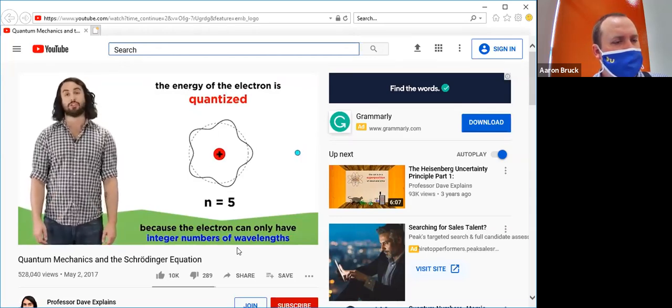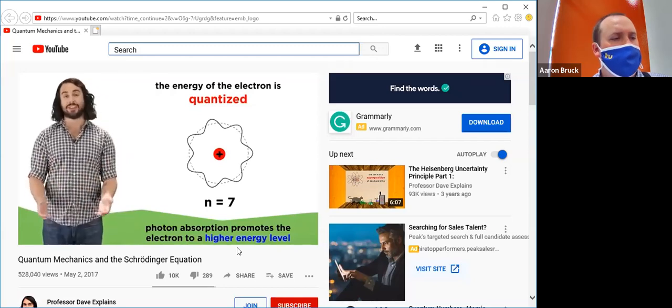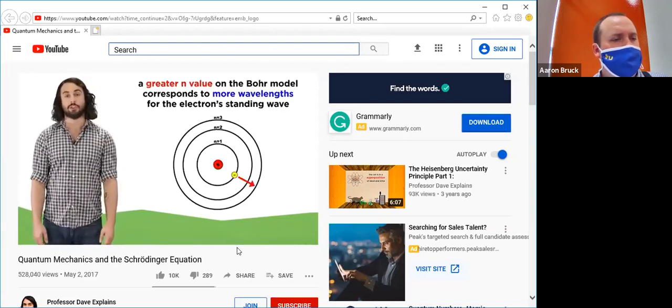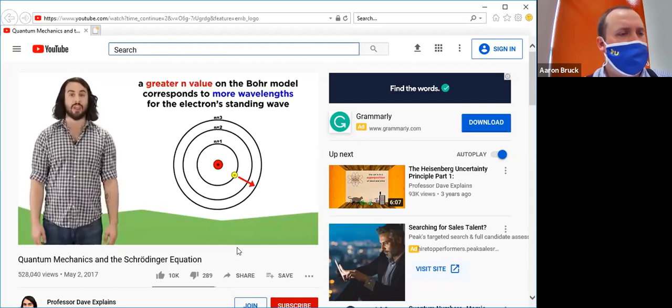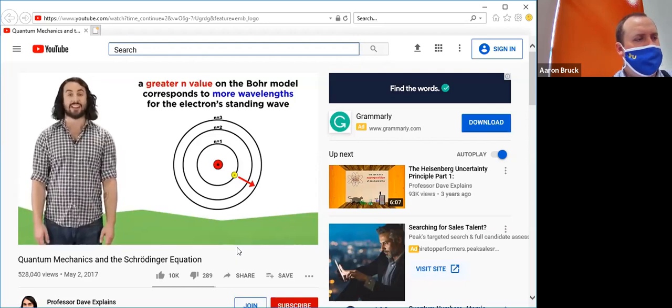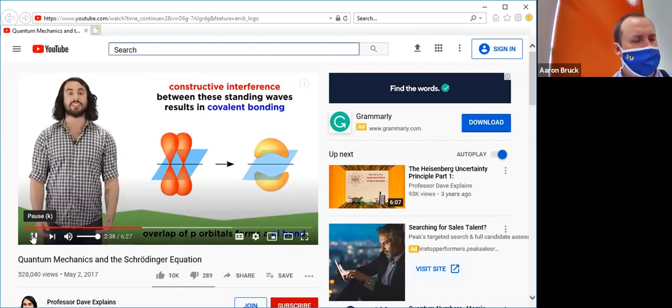When an electron is struck by a photon of a particular energy, this energy is absorbed, promoting the electron to a higher energy state and increasing the number of wavelengths contained within the standing wave. This is why the electron goes to inhabit a higher energy level, and this is what is fundamentally occurring during electron excitation. Furthermore, it is the constructive interference of these standing waves that explains how orbital overlap